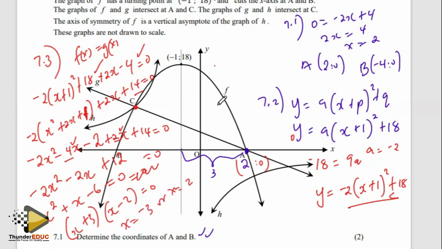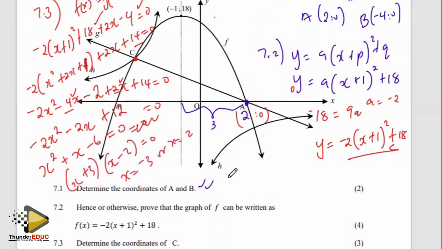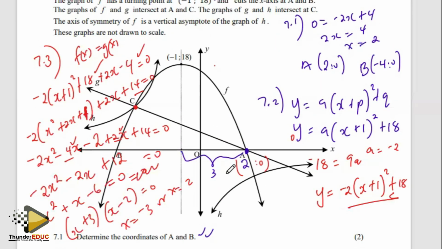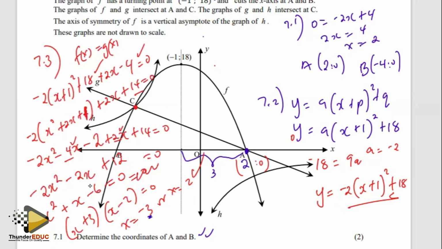How many marks is this question? Just 3 marks. Okay, so the 2 is already sorted out. Then we need to get the y value there, which y value will be obtained by just substituting this into the 2x plus 4. So if I do that, which means my y is going to be a 10. All right, then